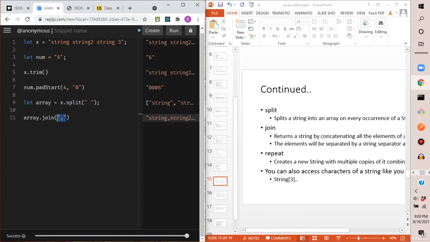So split splits up a string at a specified param, splits it into an array, and then join joins an array into a string, two opposites. Then you got this repeat method, which creates a new string with multiple copies. So x.repeat